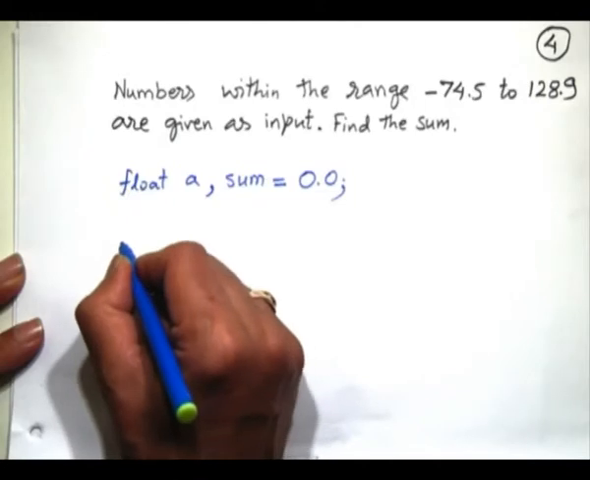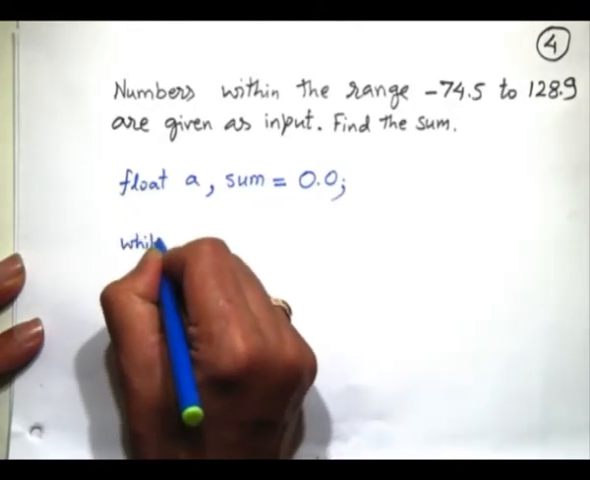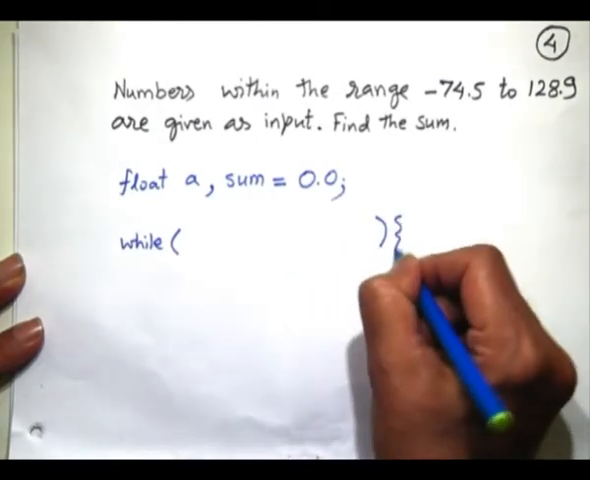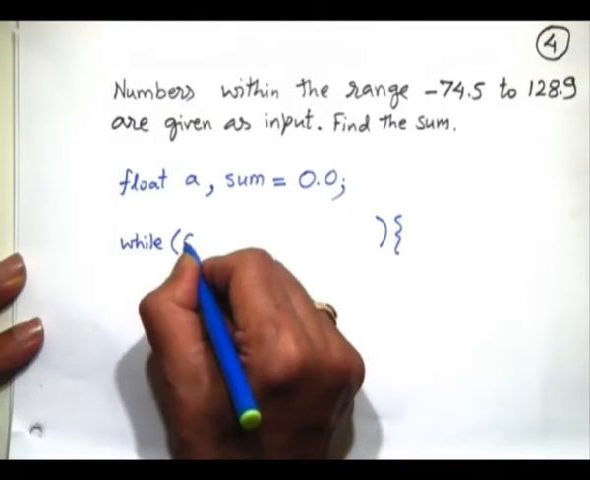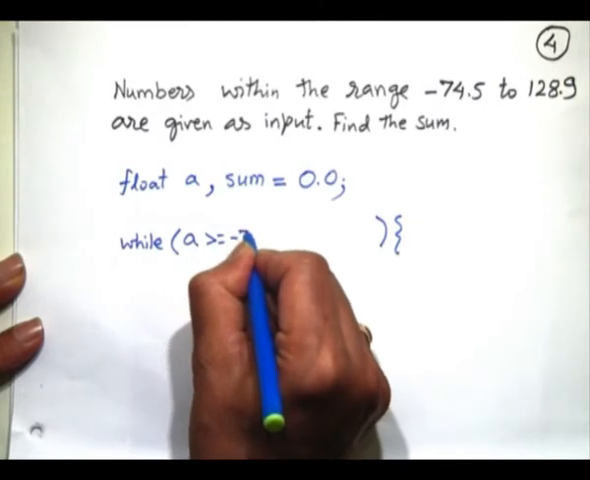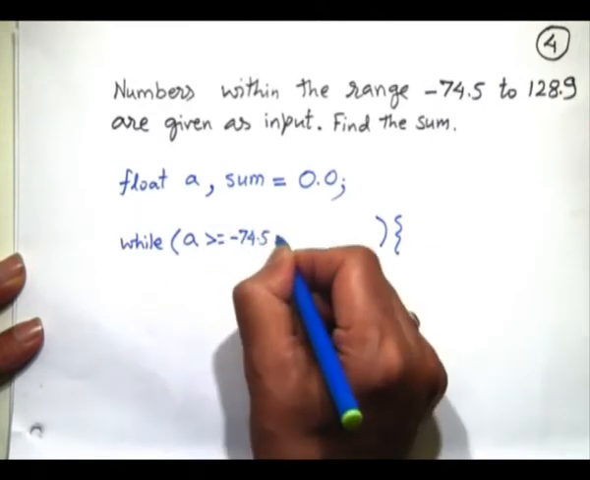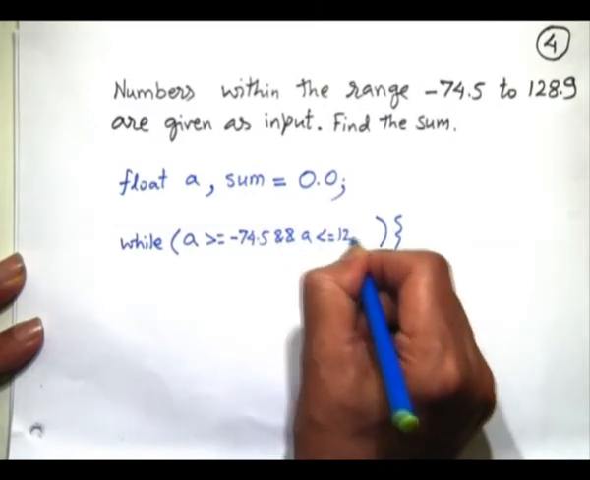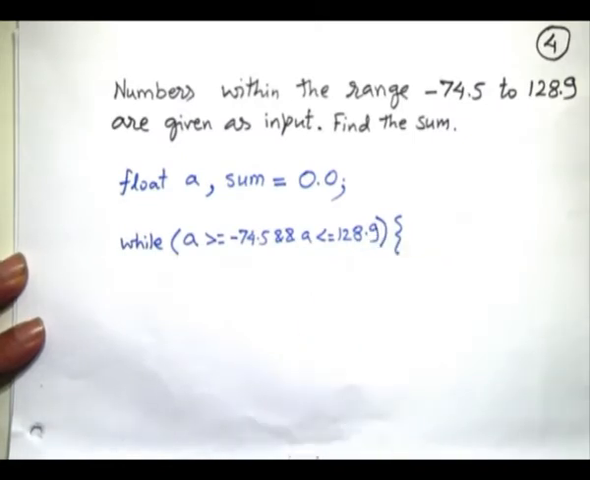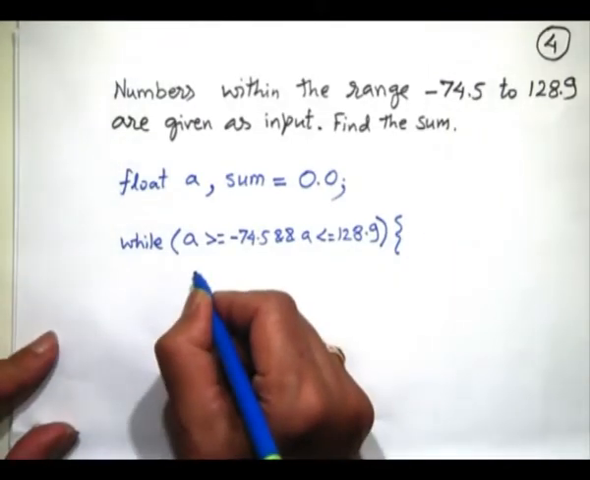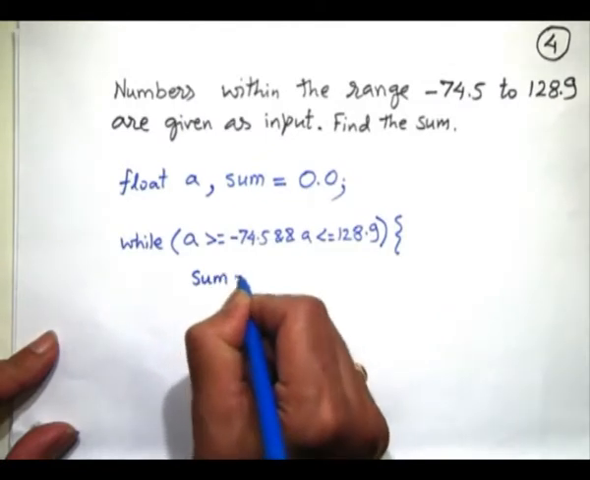no, I can't write while, because to kickstart while I require something. What is that something going to be? Let us write down the condition. A greater than or equal to minus 74.5 and A less than or equal to 128.9. Do you agree how powerful the while is? In one shot, I have taken care of these conditions. If this is true, I want to do what? Sum is equal to